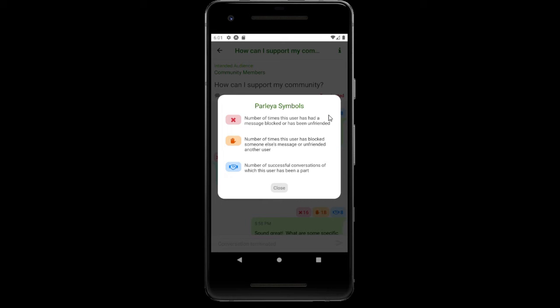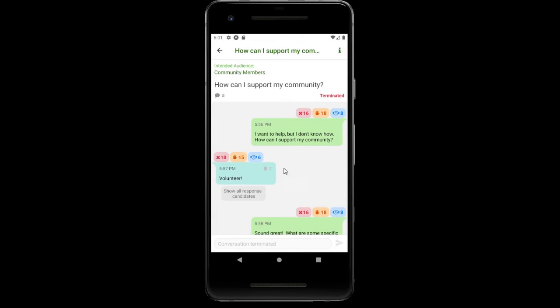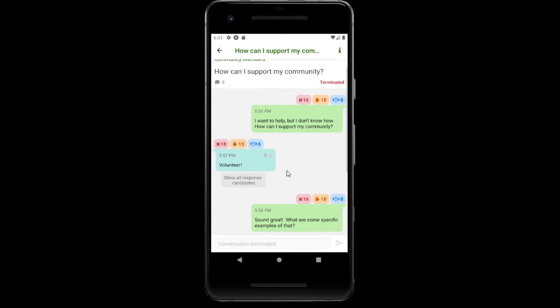What you'll immediately see is that if a person has a very high first number, that indicates the person is maybe very aggressive, maybe very unhelpful. There's something about the messages this user is posting that a lot of people do not find helpful. For that reason, maybe this is a person you would not want to interact with. In real life, if you went up to someone and started a conversation and they started yelling at you, you wouldn't want to continue talking with them. It's a very similar thing on this platform. If someone has a high first number, that indicates this is a very aggressive person.